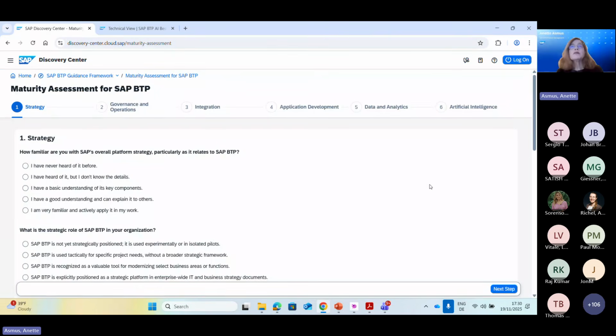Now, to also get the feeling and see how this looks, we have here a step-by-step wizard with 30 questions in total, starting from horizontal topics around strategy and governance operations, then to the vertical BTP pillars, the classical topics that I already mentioned around integration, app dev, data and analytics, and artificial